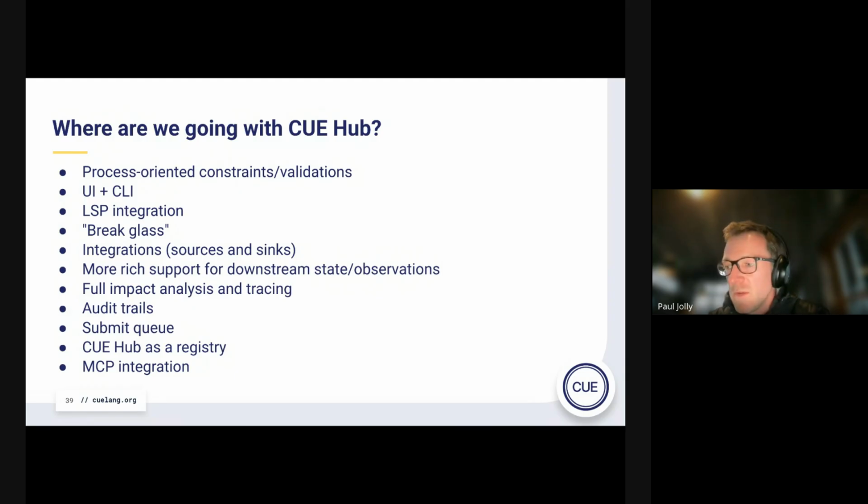Q Hub as a registry: if you squint really hard, you might consider Q Hub to be a replacement in some respects for the central registry. And then everything these days has to mention AI, so at the bottom there, let's just include MCP integration as well. I'm being slightly playful, but there are many ways in which Q Hub can be supported by, or support, things in the wider AI space.